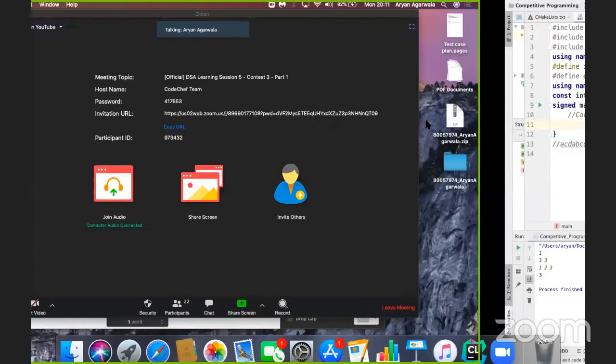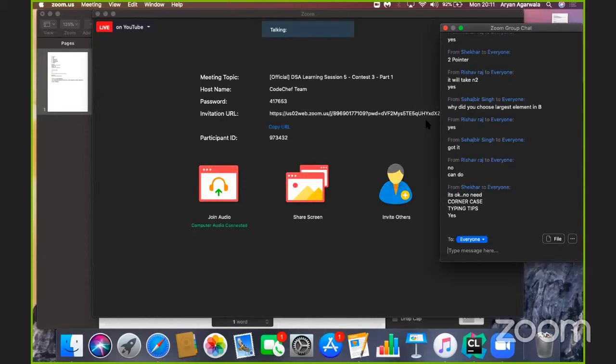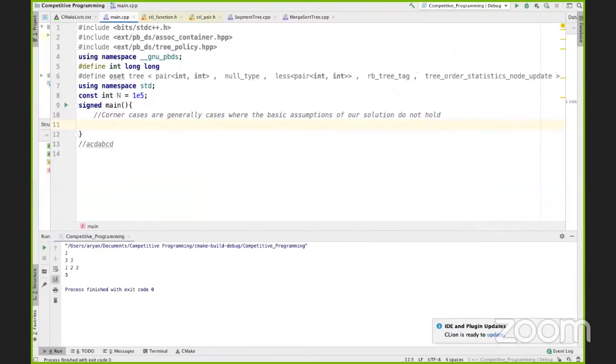solved rectangles in ZCO. I did it in my last session. Have you all solved rectangles? It's in week 2 in the learning series. You solved rectangles, right? Okay. So in rectangles, the solution was based